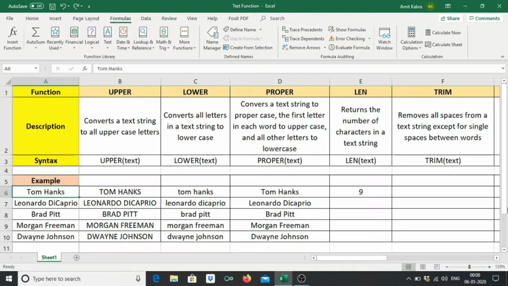Now if we apply this function to the remaining names, you can see it is giving the number of characters. When it is giving the number of characters, it is also considering the space between the two words as one of the characters.